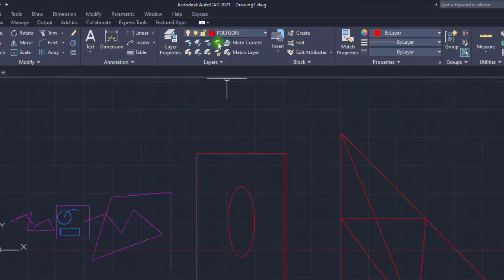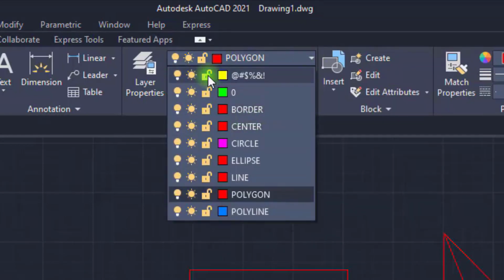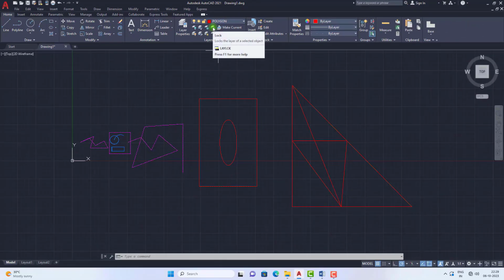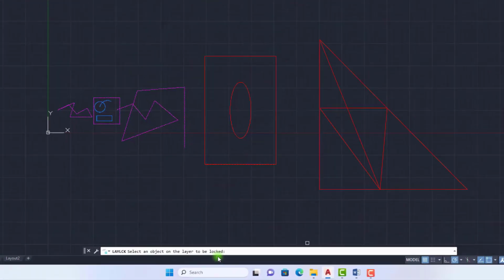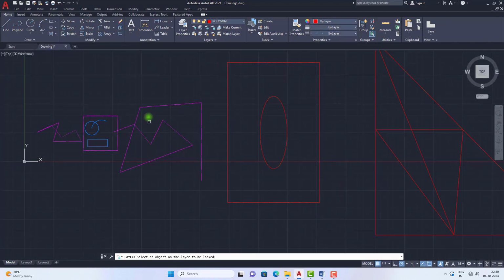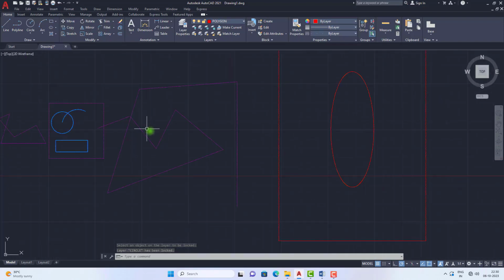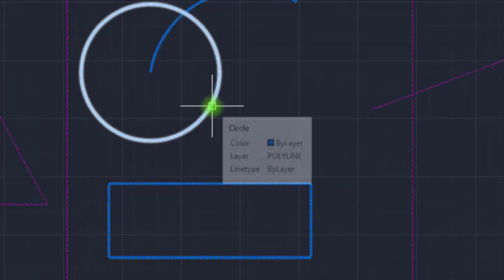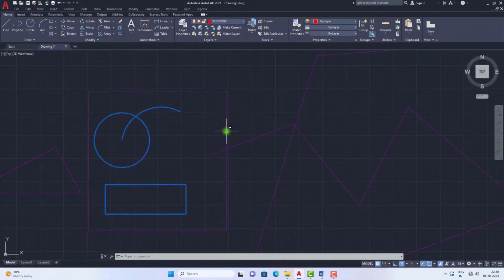So it is the option thaw layers, and there is an option here, lock. If you click on this, you can directly lock objects. So I am clicking on this lock, and it is asking you to select an object on the layer to be locked. If you select any object, see, I am selecting this so that the particular object will be locked. See, if you take your mouse near this object, a locked symbol will be tagged to the cursor. And it will not show for these blue color objects because those are not locked. See, these pink color objects are locked.